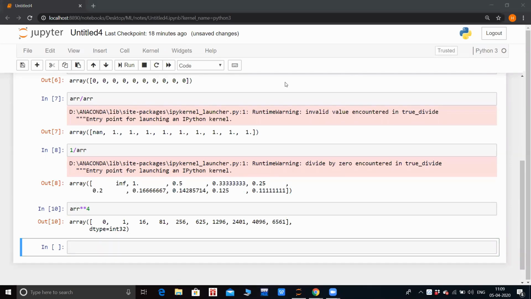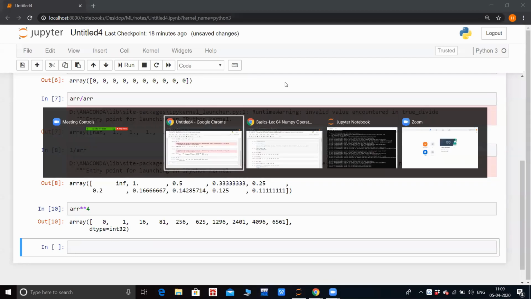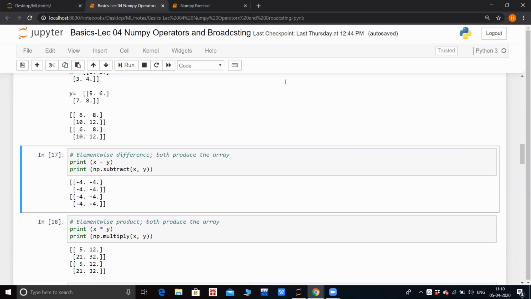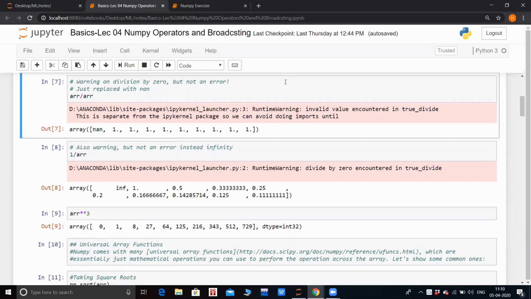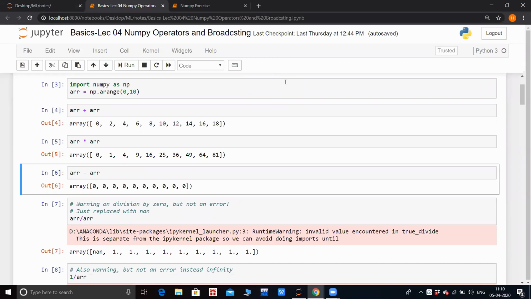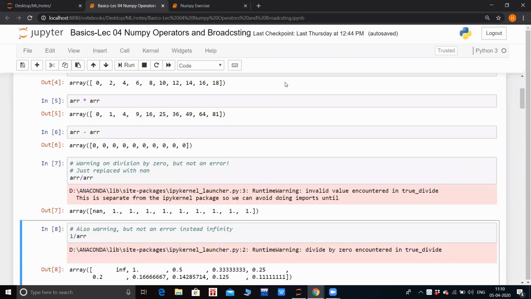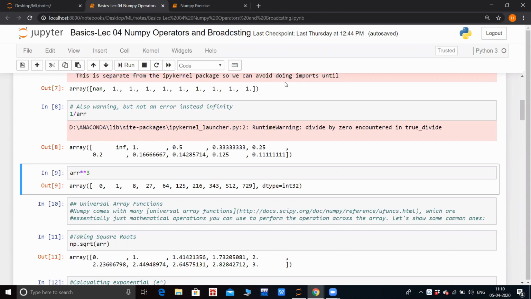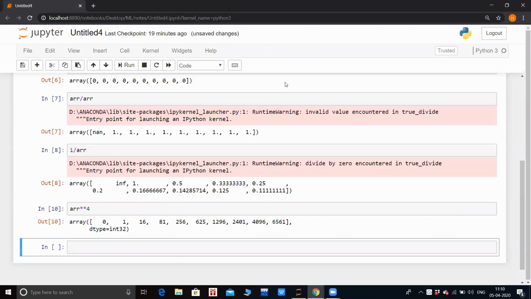So now moving on, let me check if I finished all. I finished addition, multiplication, subtraction, division, reciprocal, and raise. Now I'll go to universal array functions which we can use every time.